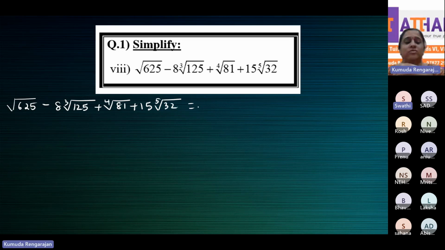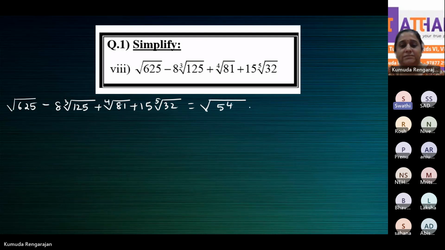Tell me, so what do I write? Should I write square root of 5 to the power 4? What should I write here? M is equal to square root of 5 to the power 4, minus 8